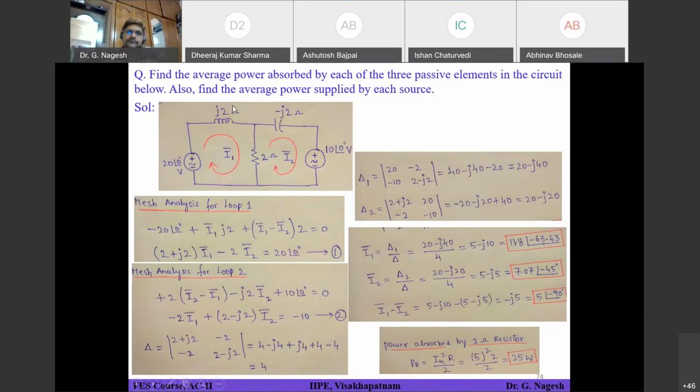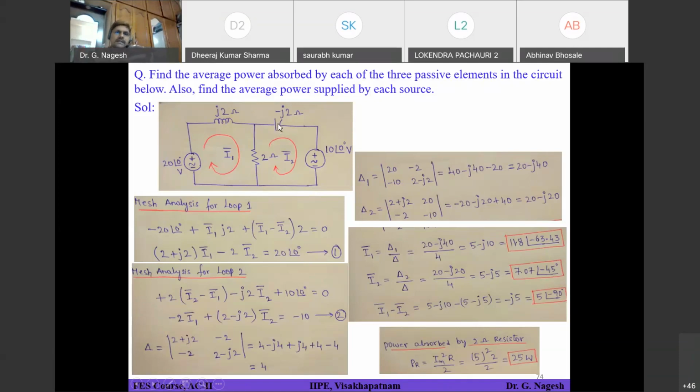0. Zero. What could be the average power absorbed by this capacitor? 0. That will also be 0. If you want, you can cross check it. Since you know the current, you can find the voltage across this and then use the same formula Vm Im by 2 into cos of theta minus phi. In that scenario, you will get the first term to be 0 and the second term integrated over the time period will also become 0. That means the average power consumed by inductive reactance or capacitive reactance over one time period, since the average is over one time period, will be 0.